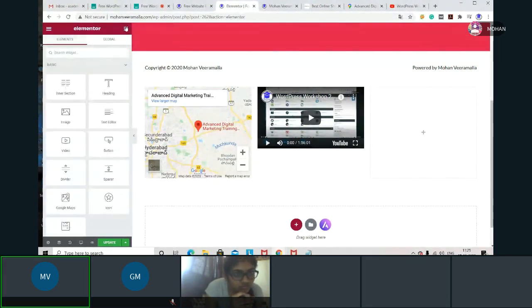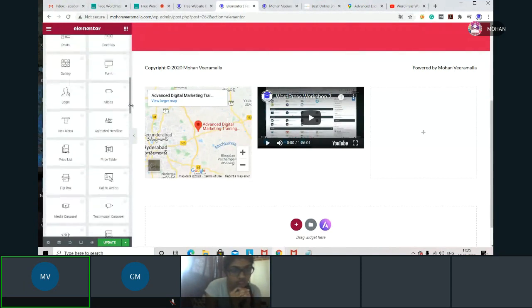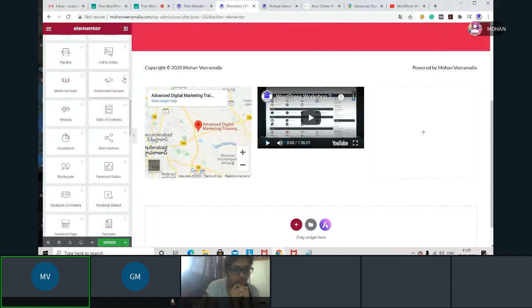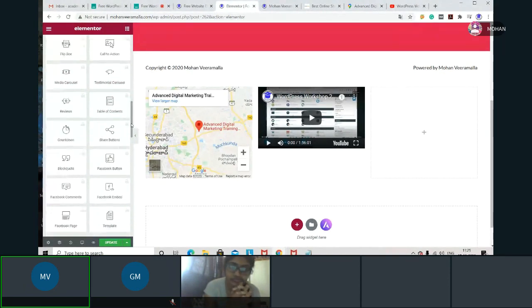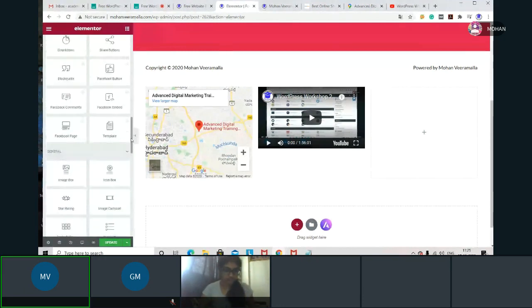Now I can add an image, or I can add different things. We have lots of properties here in Elementor. We can add lots of things. If you see, these are locked. That means you can't use these sections; these are paid ones. If you buy Elementor, you can use them. Not needed. Free is better. Paid is also better, but the free options are also good.